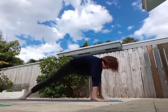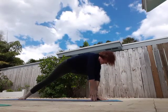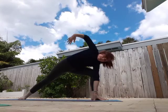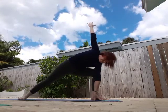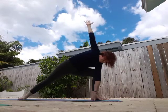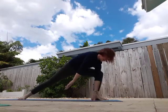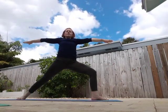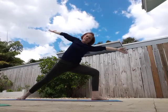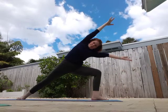Step it up. Turn your back foot. Bring your right hand or right fingertips on the inside of that right foot and open it up to extended side angle. Take a breath. Fingertips come to the mat and cartwheel it open to warrior 2. Breathe in, reach front, exhale, bring that arm over, take a breath,